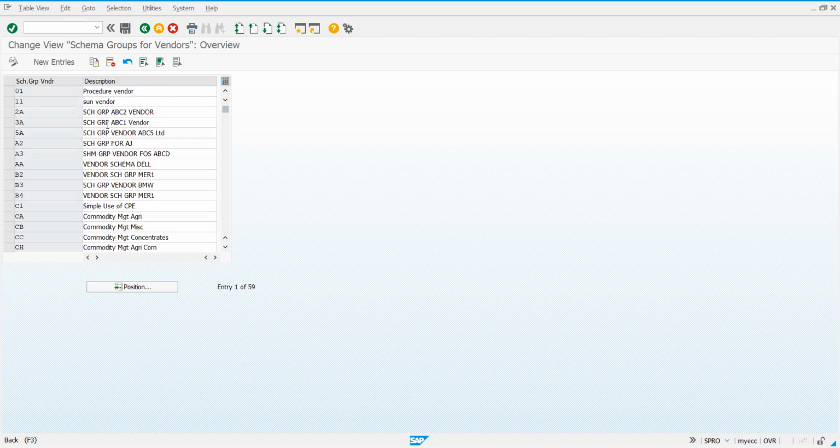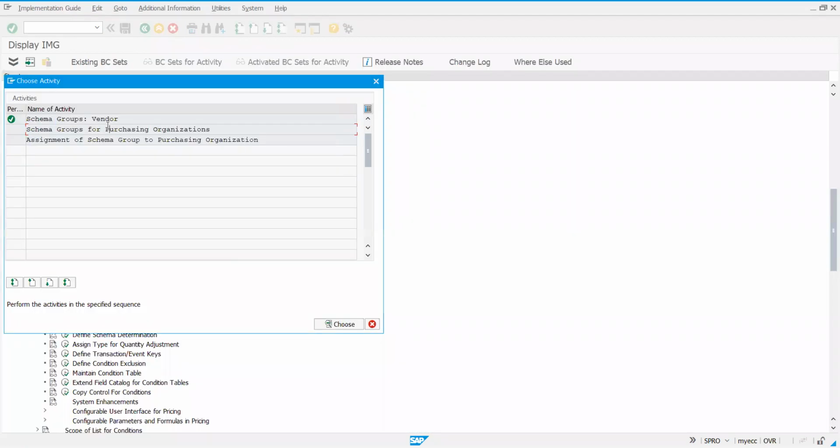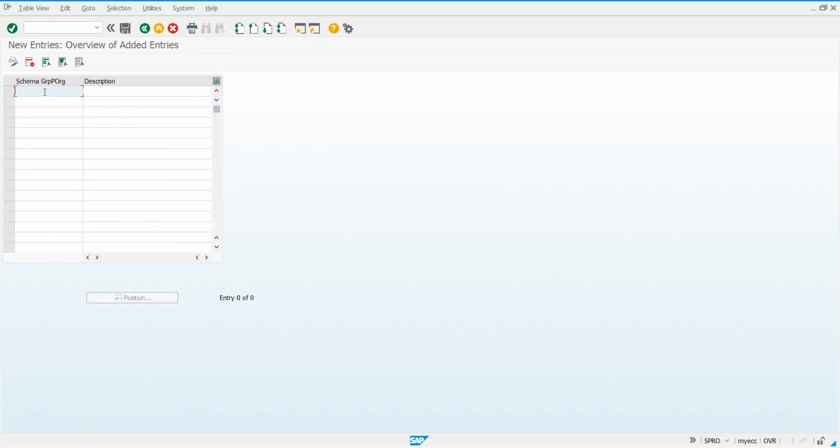Next, I have schema for purchasing organizations. Again, I have to create that. Double click. Again, new entries. I'll name it as YSPO, which is YIPL schema group for PURORG, purchasing organizations.